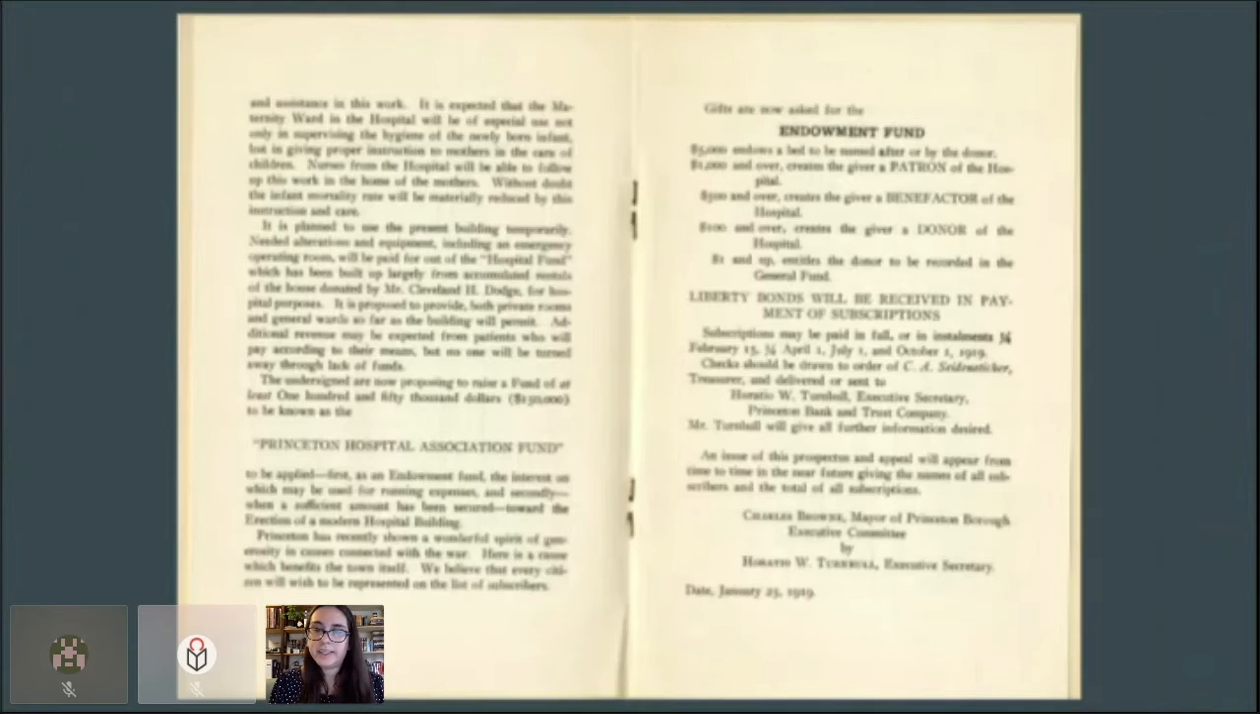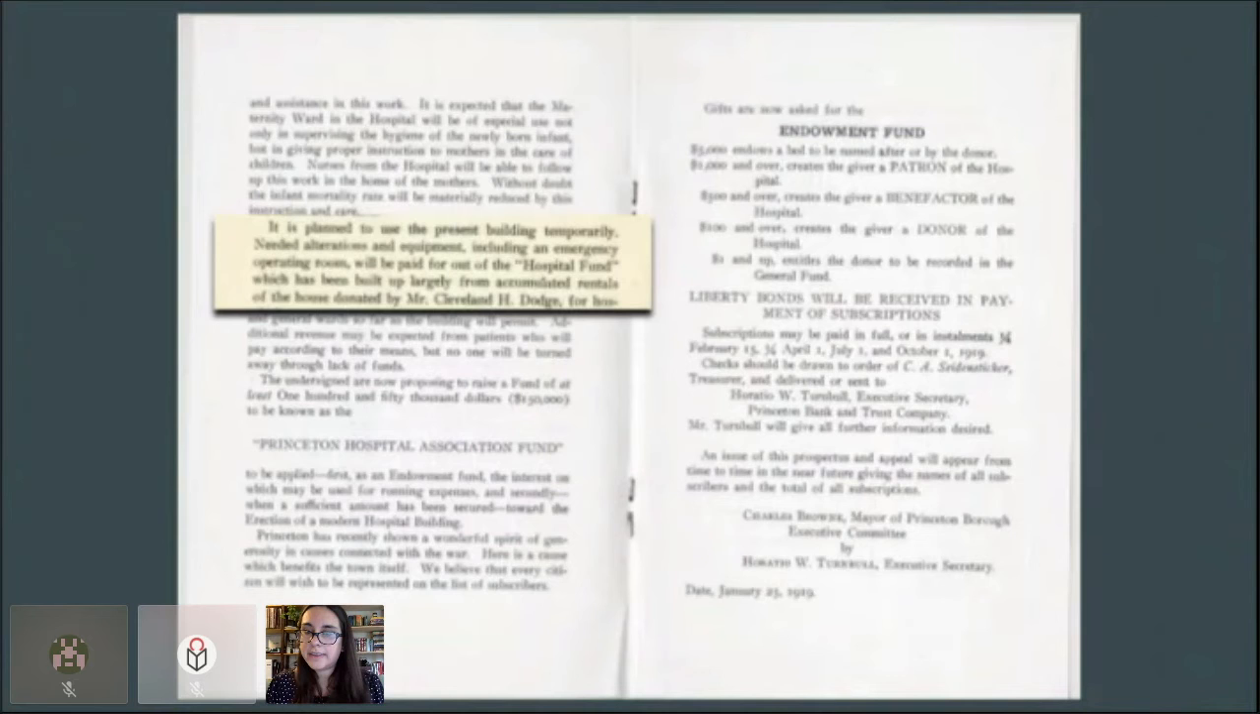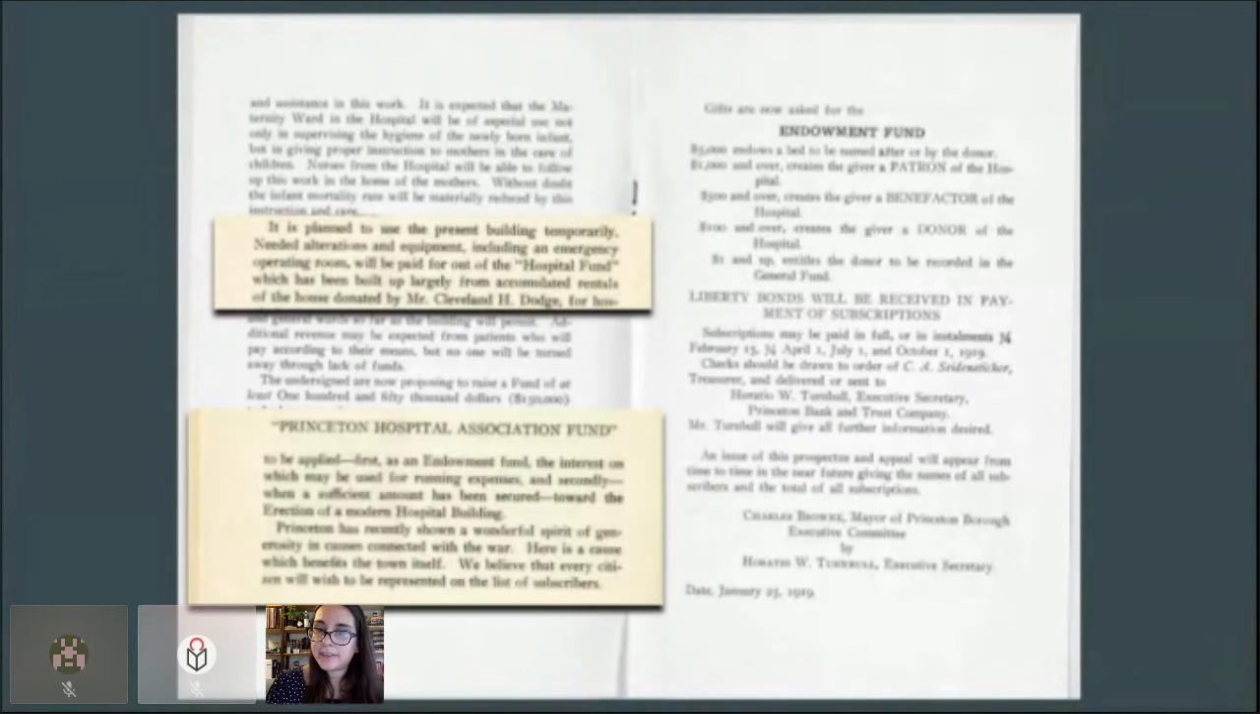And now if we look on the inside of this prospectus, some things that we want to highlight are that this building was seen only as a temporary solution, even in 1919. It says here, it is planned to use the present building temporarily. Needed alterations and equipment, including an emergency operating room, will be paid for out of the hospital fund. And then down here, that this fund will first be used to set up an endowment. And then later it was going to be for the erection of a modern hospital building,